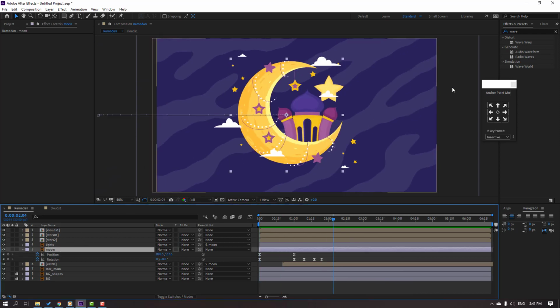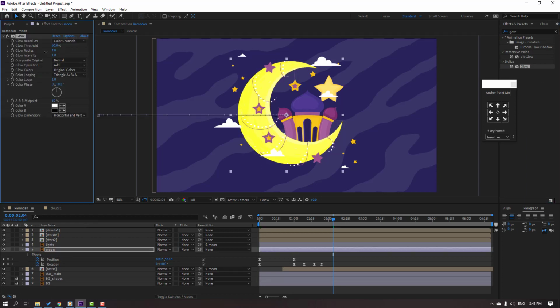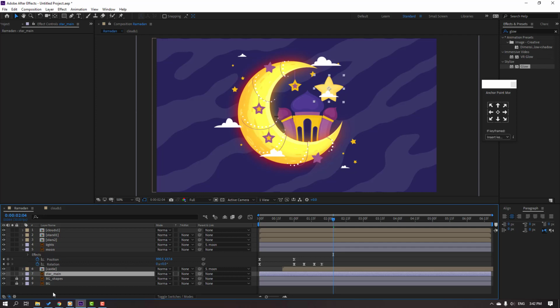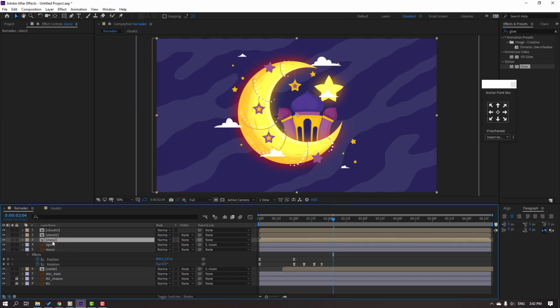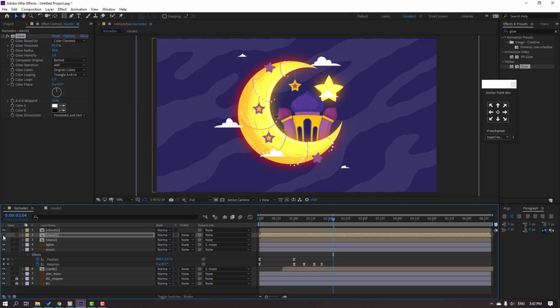So select this moon and go to effects preset, search effect glow and let's use this glow effect, change radius. Okay, not bad, I like it. And select this glow effect, Ctrl C, go to here, select this star main and Ctrl V and select all these stars, Ctrl V. Let's Ctrl Z, select this star 1 layers, Ctrl V. Okay,